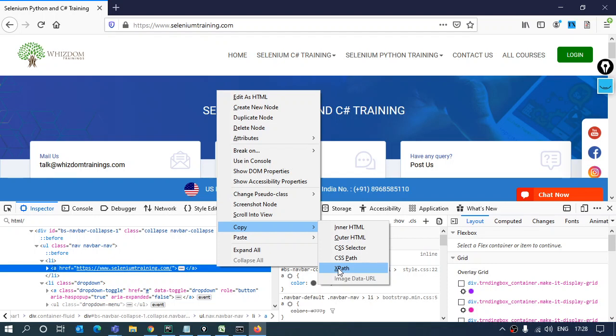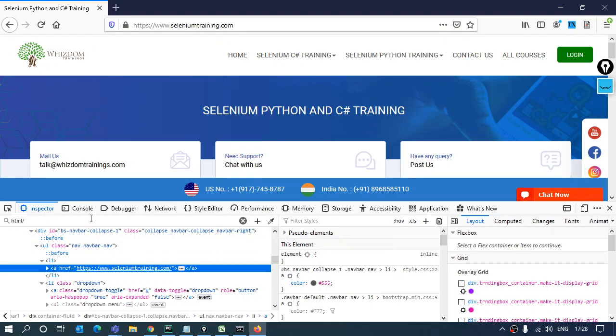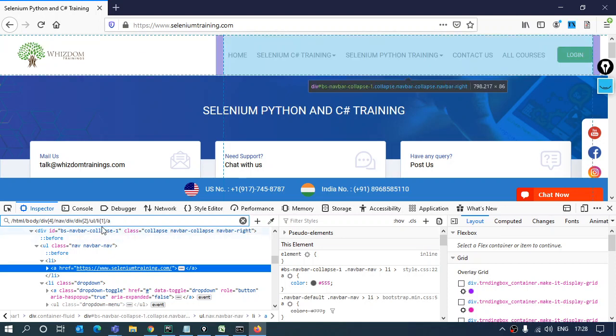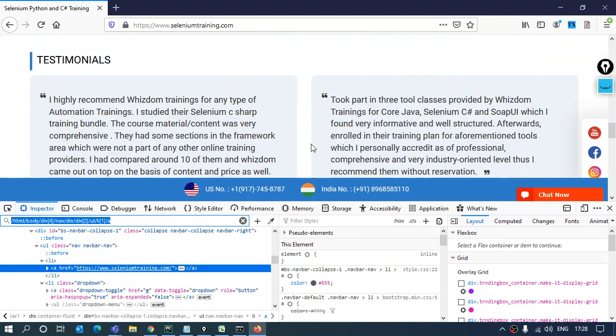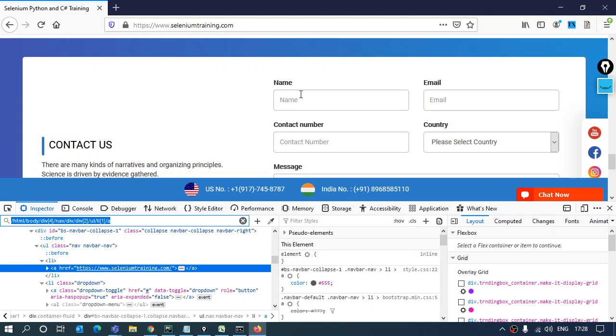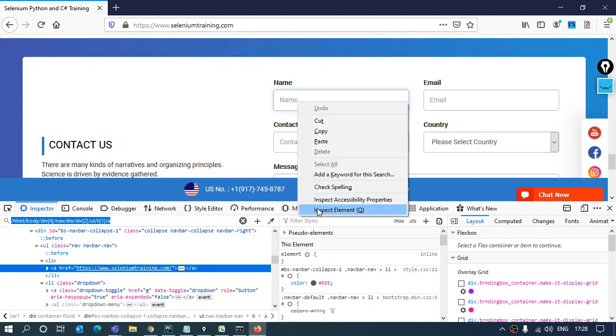If I copy the XPath from here and hit Control F, this is the XPath that is being returned over here, which is the complete XPath, like this. You can see over here. Now if I look for some element which has the ID attribute, like I know this name text box has an ID, right?